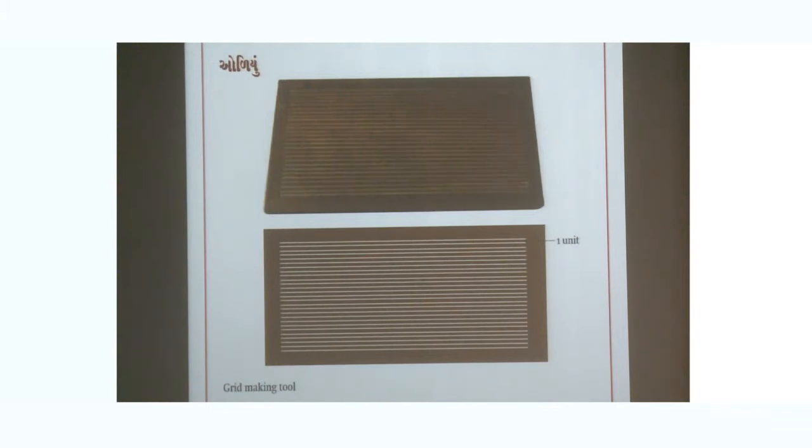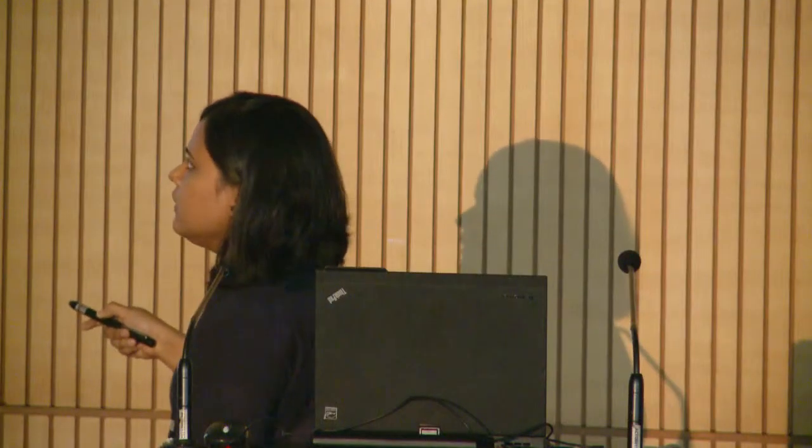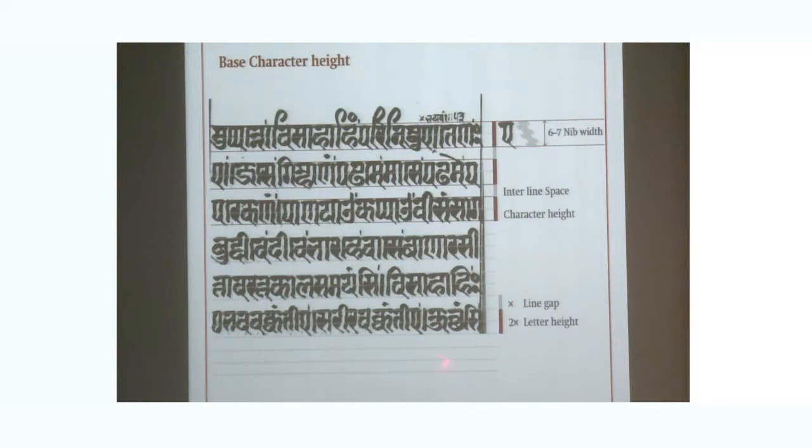This is a wooden plank. On top of the wooden plank, the threads are attached in a parallel manner. Paper is kept on this grid, and a ruler is moved along with it. So this is the grid making tool that they specifically use while making the Jain manuscript. Proportions are equal, so all the parallel lines are 1 unit, say. This grid makes the text more compact. As you see here, these are the gray lines which are from Oreo.